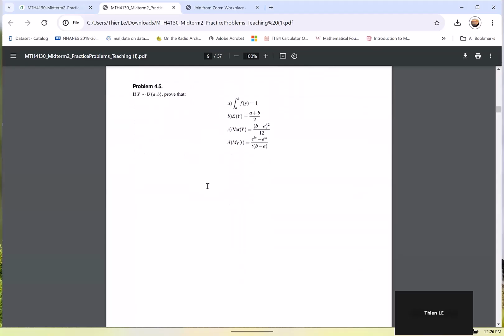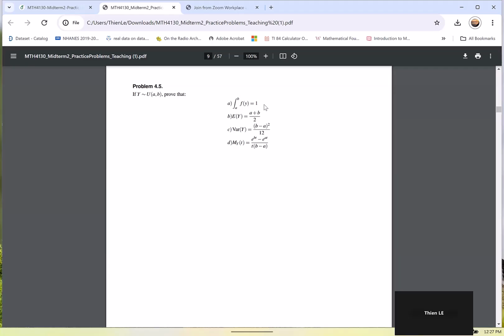So here is the proof that for a uniform(a, b), first the integral will be 1. Basically, it just makes sure we have a valid PDF. And here f(y) is just 1 over b subtract a on the support from a to b, and 0 otherwise. And then the proof for the mean, the variance, and the